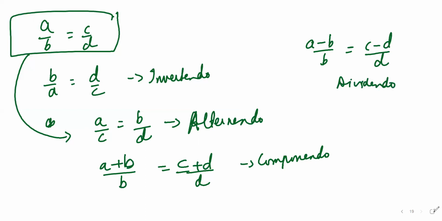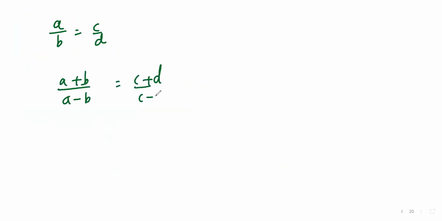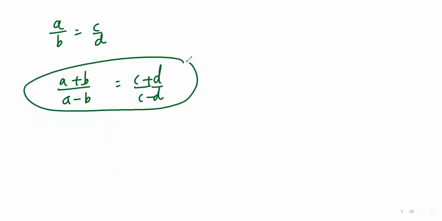So all these are properties. What is very important, which is very often used, is A by B is equal to C by D. Therefore, A plus B by A minus B is equal to C plus D by C minus D. This is widely used. It is componendo and dividendo. Remember this. Then you can have a question like, what number must be added to this string of 4